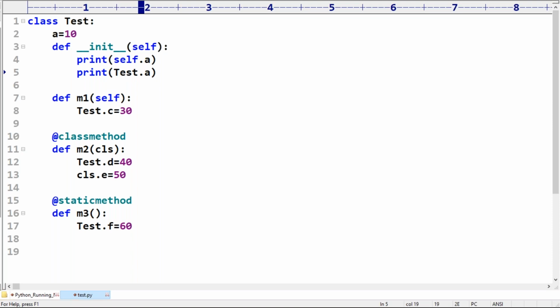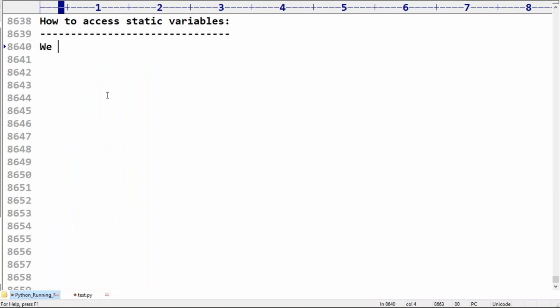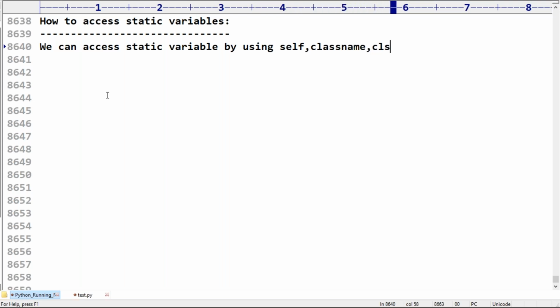Accessing means reading. So we can access a static variable by using self, class name, or object reference. By using all these, you can happily access a static variable, no problem at all.